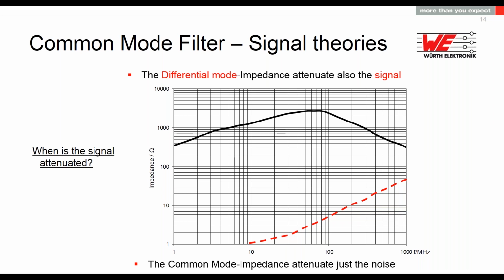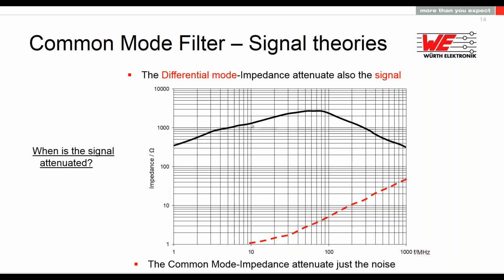The differential impedance is because of the leakage inductance. Every common mode choke inductance has a leakage inductance. This leakage inductance generates exactly what the signal will see. So if you have a signal of maximum 10 megahertz, the signal won't be affected by the common mode choke,